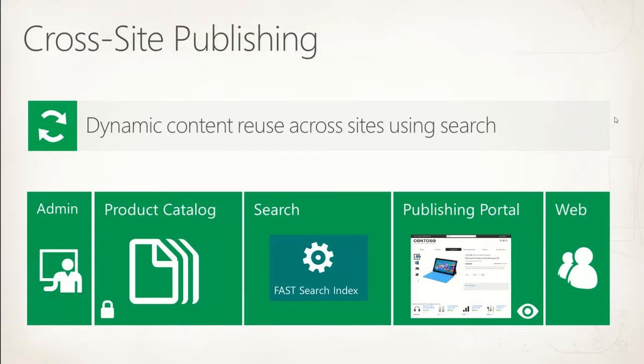Display templates are new in SharePoint 2013. It is basically the new client-side rendering story of SharePoint. A display template defines how the content that you're reusing, that is coming from search, is actually being rendered on the page. So in order to make the site look great,